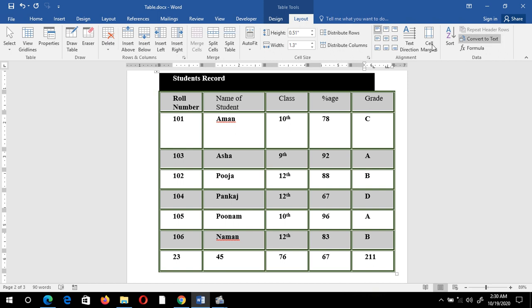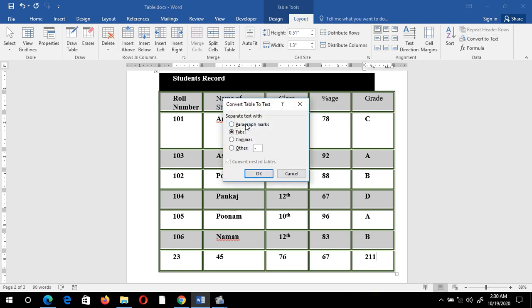The last thing I want to add is convert to text. I can convert my table into text. I just press this option, convert to text. Now I select paragraph marks and click OK.